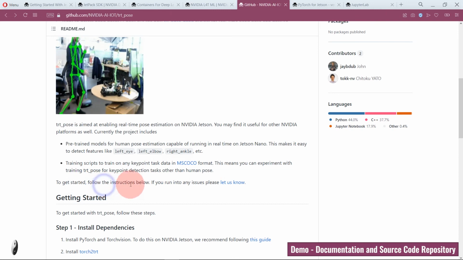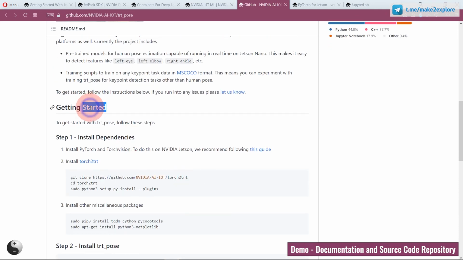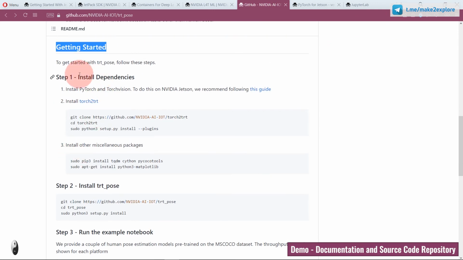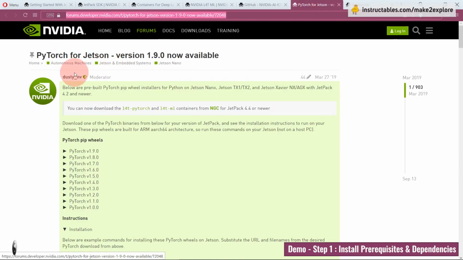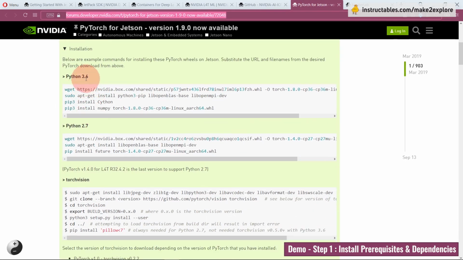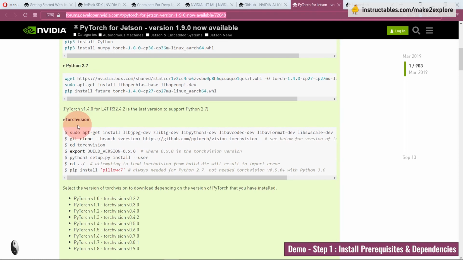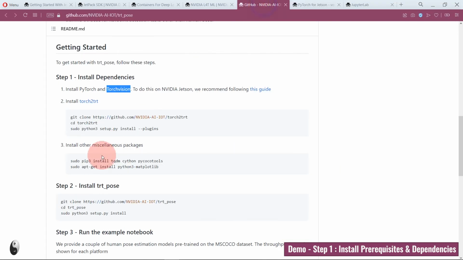So, to get started with this project, we have to go through all these steps. Step 1: install dependencies. Install PyTorch and Torchvision. To do this on NVIDIA Jetson, it is recommended to follow the guide given at this link. Do all the steps and then move forward to install the torch2trt module by following these steps.